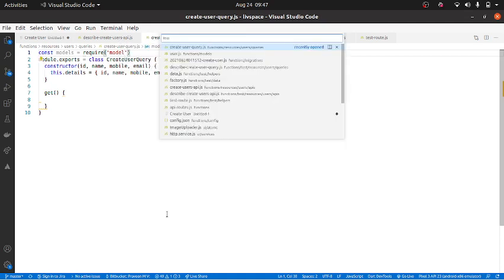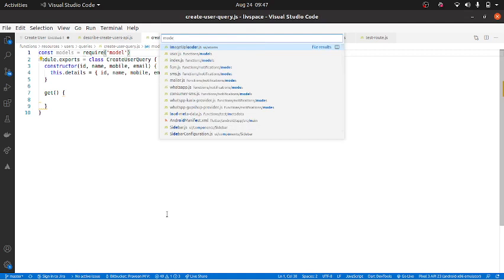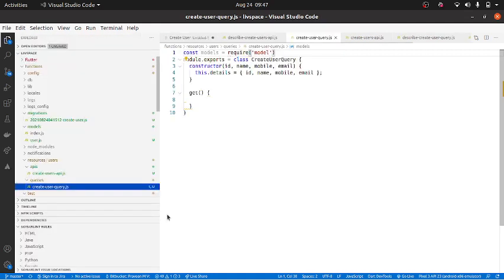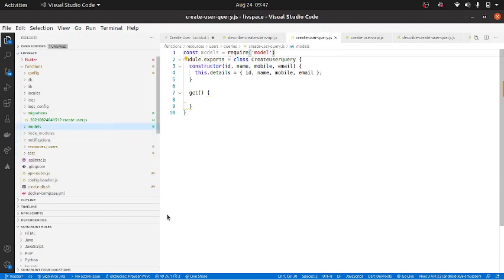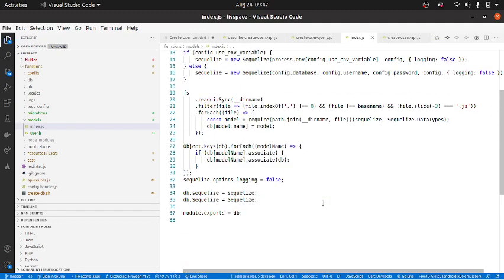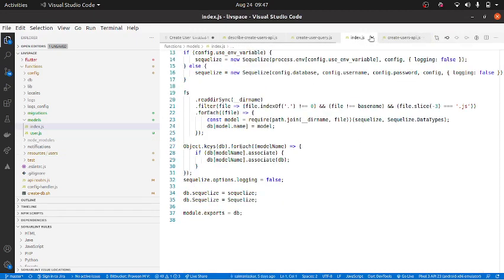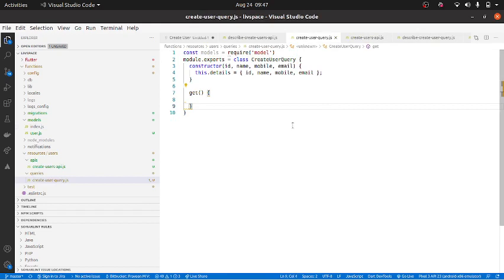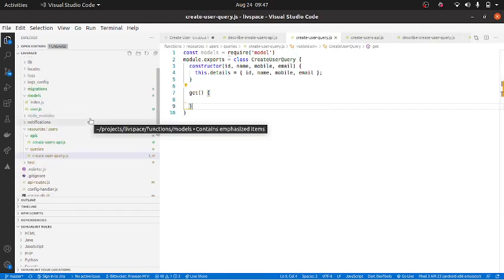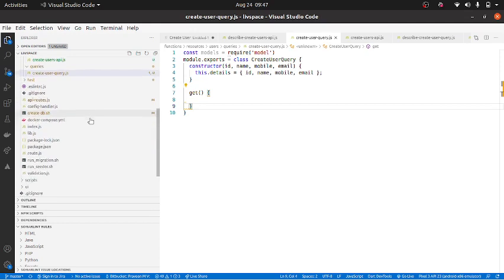So let me just look at model. Okay. How are we getting this model here?